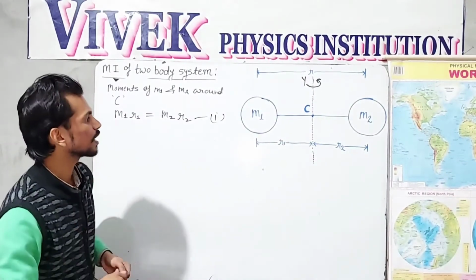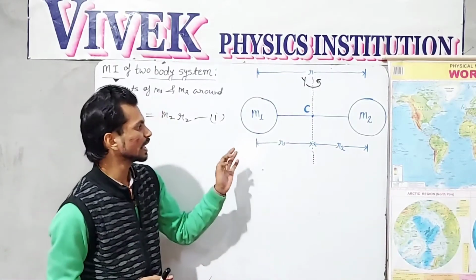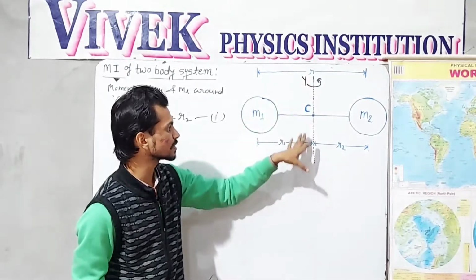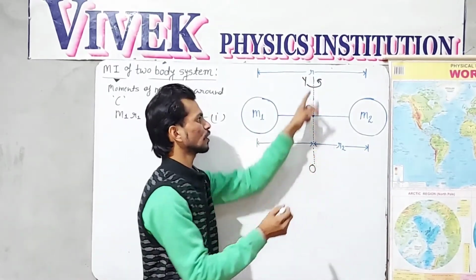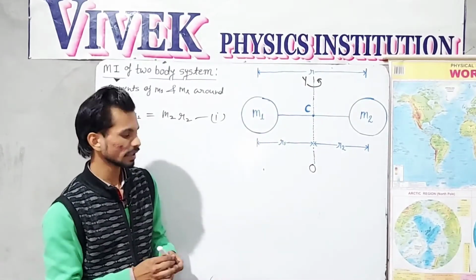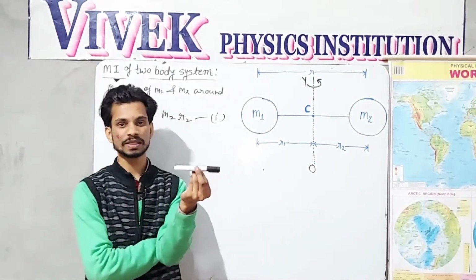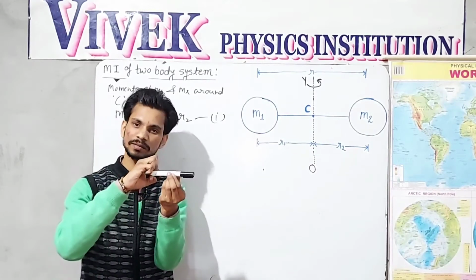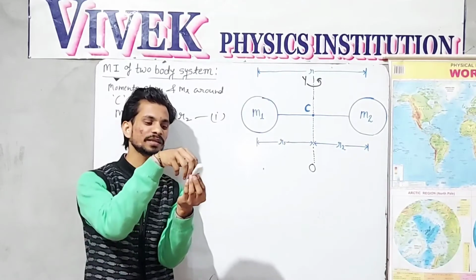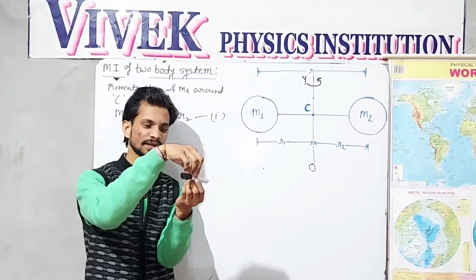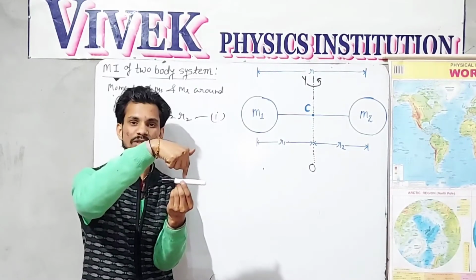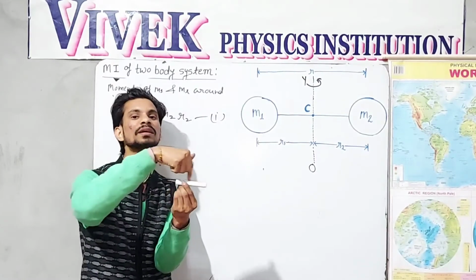And what will our case be if we are able to rotate this two body system around this axis? Let's say this is the O by axis, shown by the black dotted line. Let's say this is a two body system whose one atom is here and another atom is here. If I make this system rotate, clockwise or anti-clockwise, around this particular axis, which is perpendicular to the distance between the atoms.